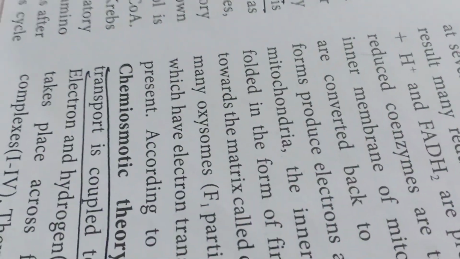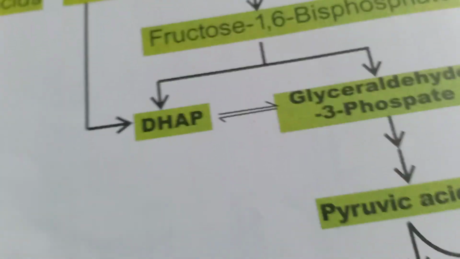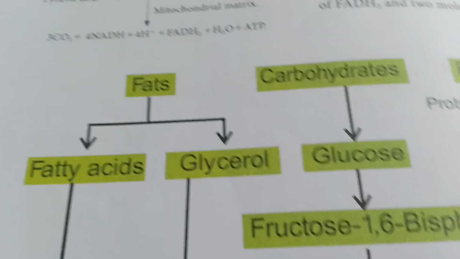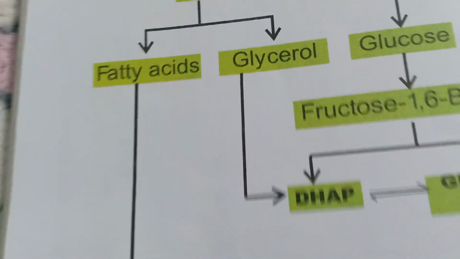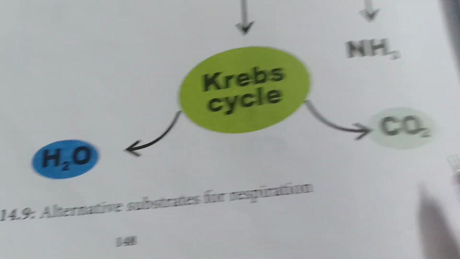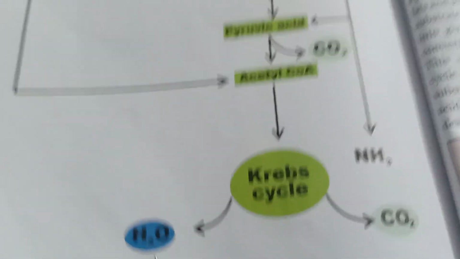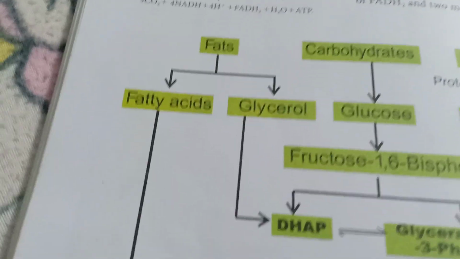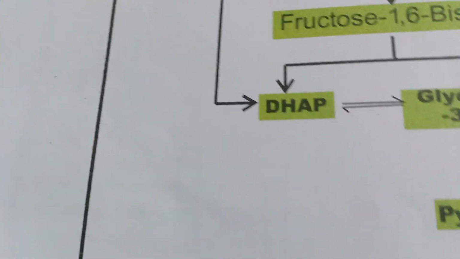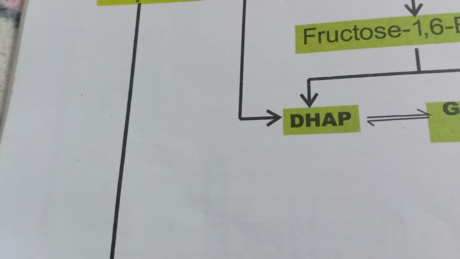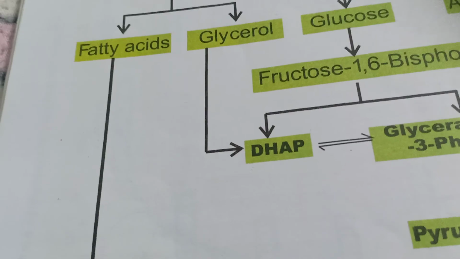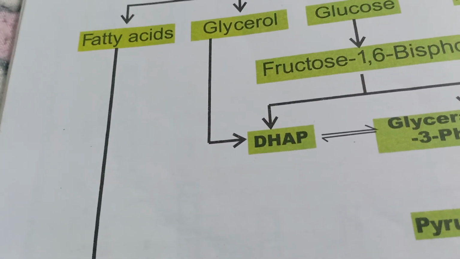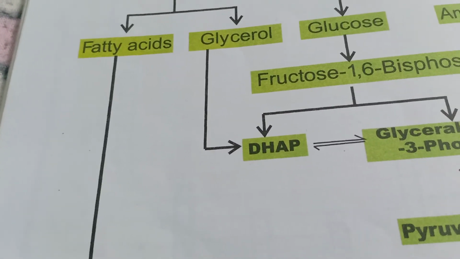So, with this, we conclude the first part of respiration, that is, aerobic respiration. Okay. So, at the end of the Krebs cycle, you will get carbon dioxide and water liberated. The remaining things we will discuss in our class. I hope you all understood this topic, and we will discuss the leftover lessons in our class doubt clearing section.